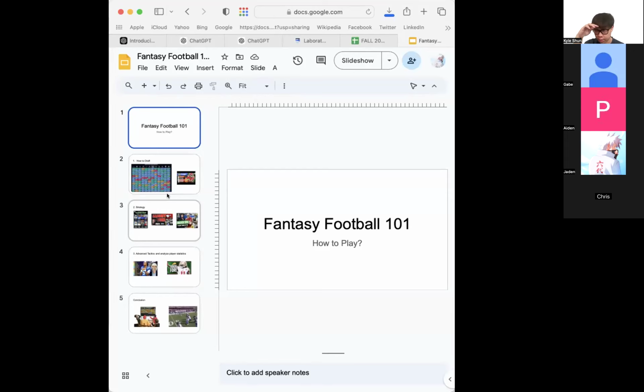Because we will be talking about fantasy football and why you should play fantasy football. I bet many of you have heard of fantasy football, but aren't quite sure what it is. You probably think it's weird or something, but it's actually a really cool thing. That's what I thought at first. But it's a great way to spend time with your friends and just to enjoy the sport that you